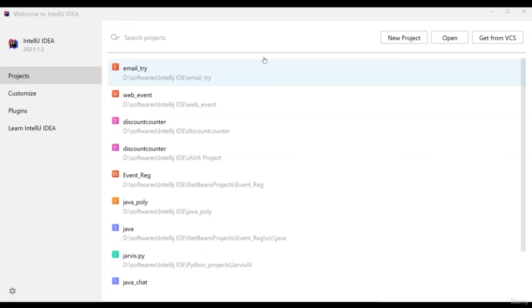Click finish. It will take time to create indexing and everything, but once it's loaded, it will show the screen also. So wait for our new project to be created. It will take time.